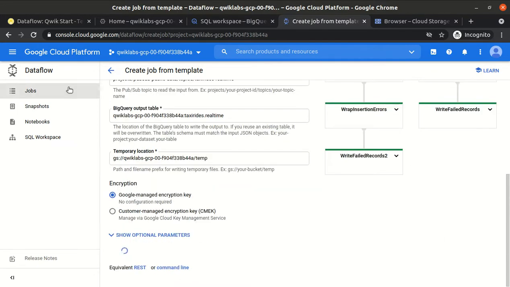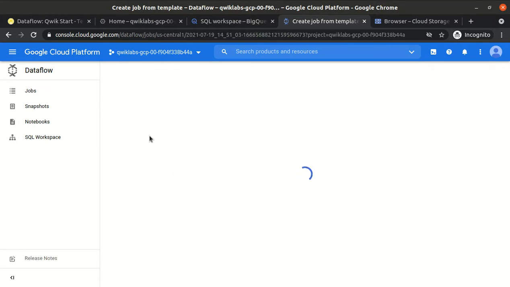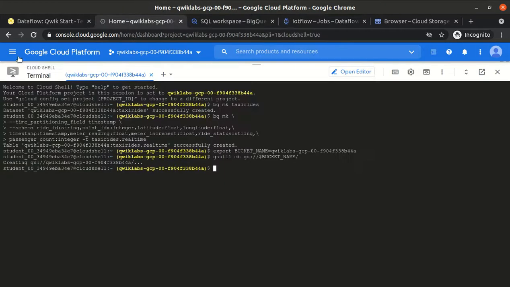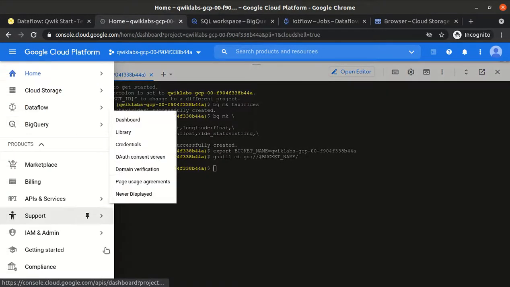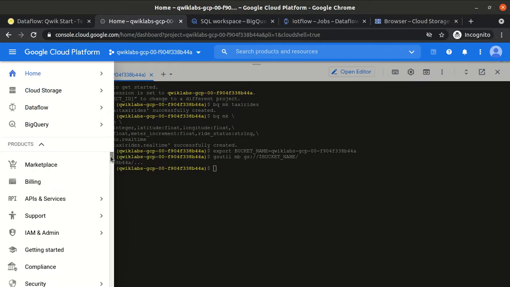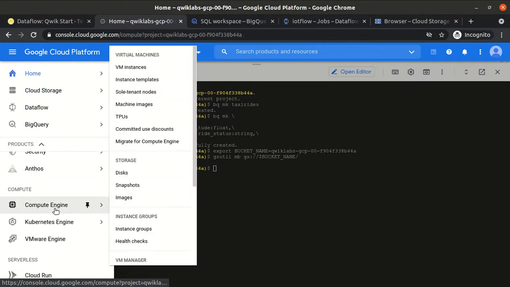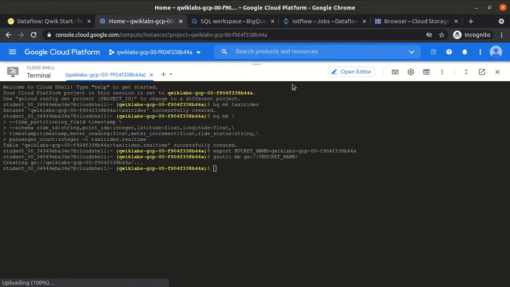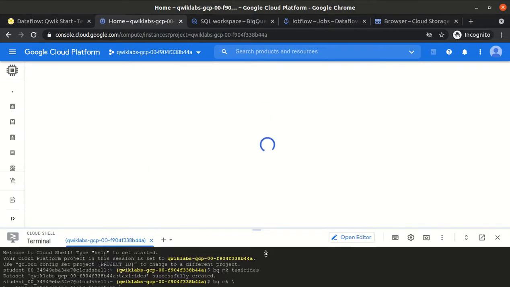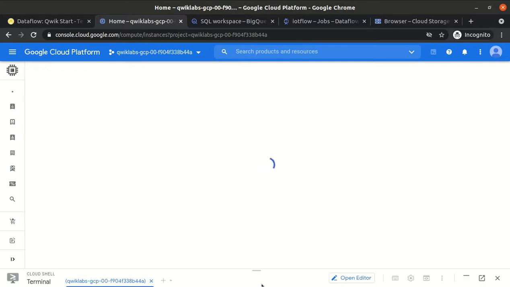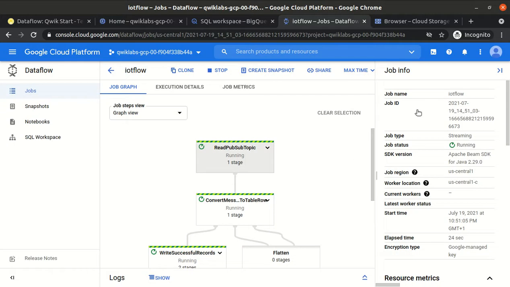This is Dataflow, a managed service, so I don't need to create any cluster or any VM. Automatically it will be created. If I show you, you could see here all the jobs are automatically created, because we are using the template.